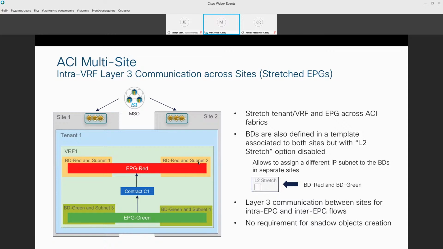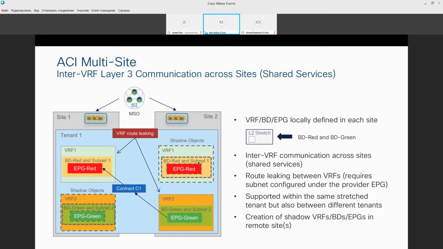Okay, hopefully this is clear because it's a similar use case that we do with the extension to the public cloud. Where you can have a stretch EPG, but not a stretch BD, because we do not extend layer 2 to the public cloud. Okay, I can also do